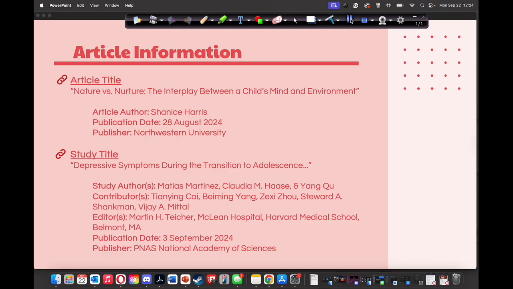For this assignment, we were tasked with finding an article that was not a scholarly article, but the article that I had chosen did link to the actual study that it was speaking about, which I suppose might qualify as a scholarly article. So in that case, I do apologize, but I went ahead and included the information here because I did pull from it for this project.